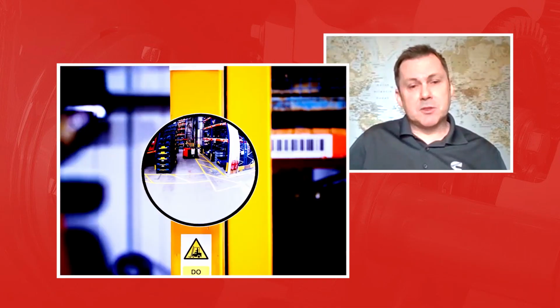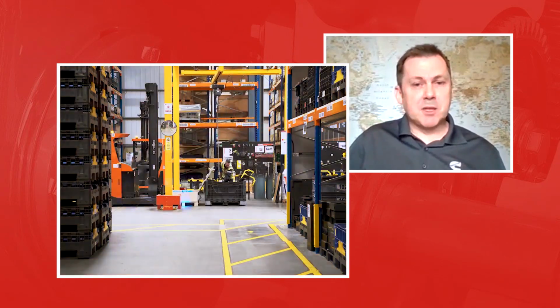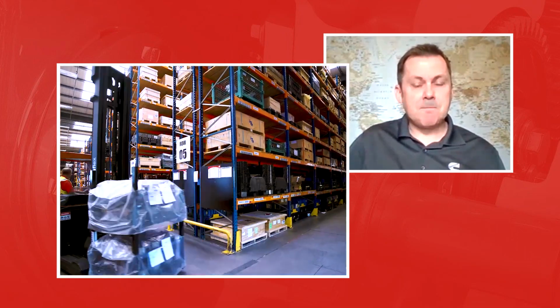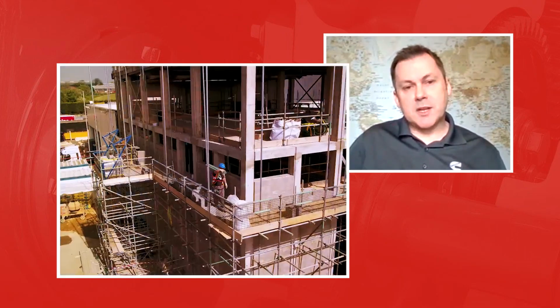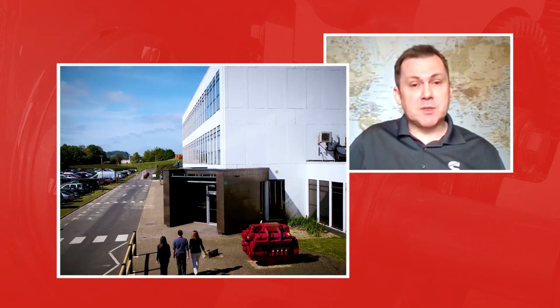Also, a lot of efficiencies have been gathered at the Daventry facility, and I don't know how they've done it, but they've been able to squeeze more products into the facility and at the same time make it more spacious, which is excellent from a health and safety perspective as well. We've also got a lot of off-site warehouse improvements that we're making in Daventry,